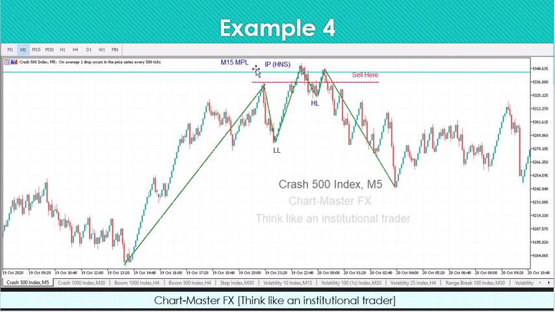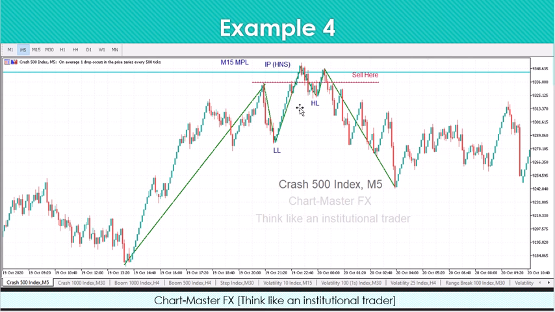M15 MPL, and it actually created kind of a head and shoulder. You put your stop loss above the MPL area, because there's a possibility that there might be a kind of a diamond. Even if it's not a diamond, it occurs when it's a Quasimodo. But generally, guys, that's why I say you don't have to put your stop loss here. It's very risky. Put your stop loss above the MPL on that higher time frame that you are dealing with, and you know that you can be able to